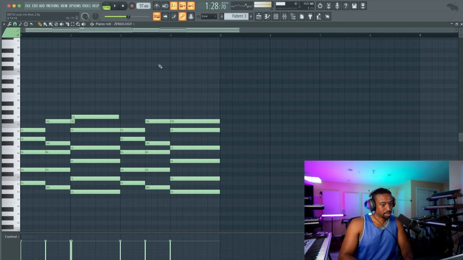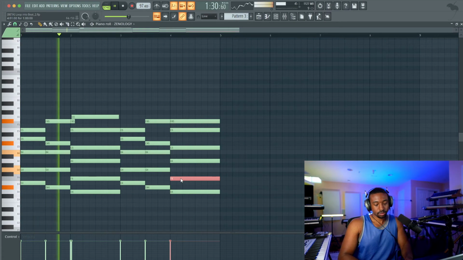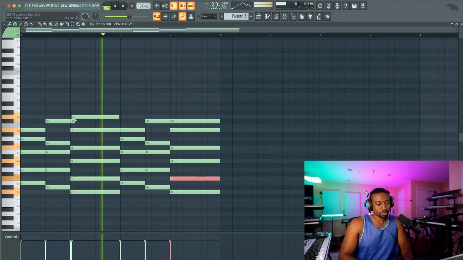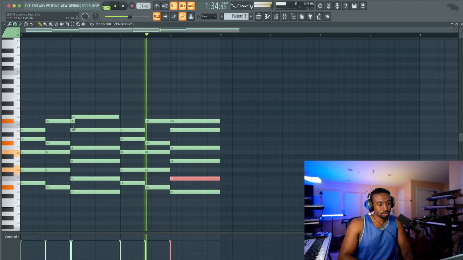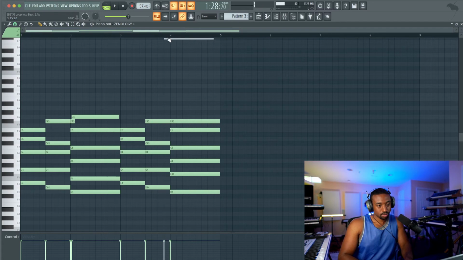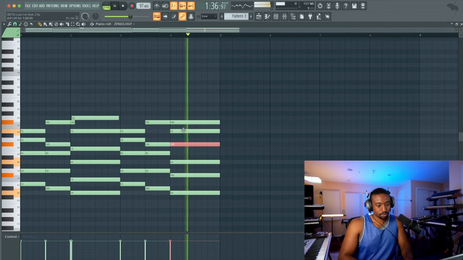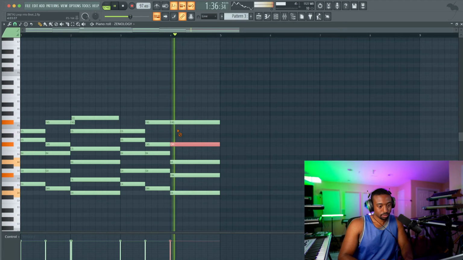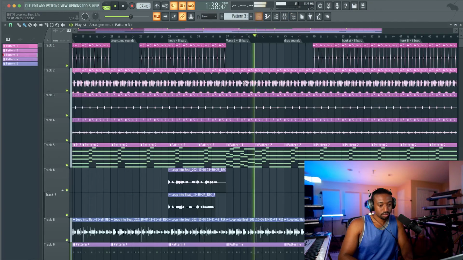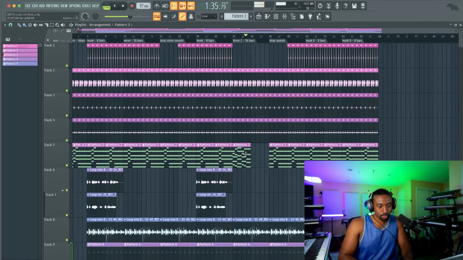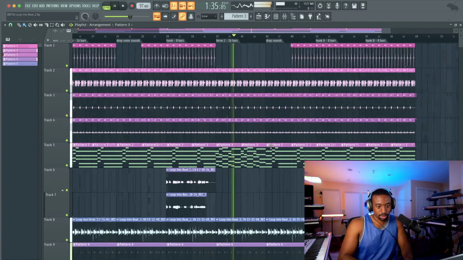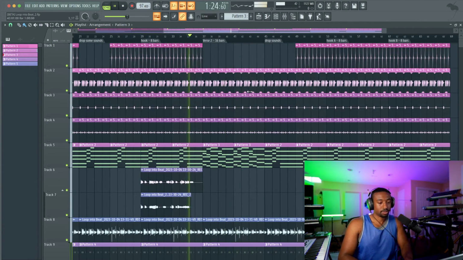Okay, now at the end, I'm going to change that to F sharp. Now here we have to take out this diminished chord. So let's raise the C. Okay, so that was a lot, but that's what it takes to kind of change up the vibe.